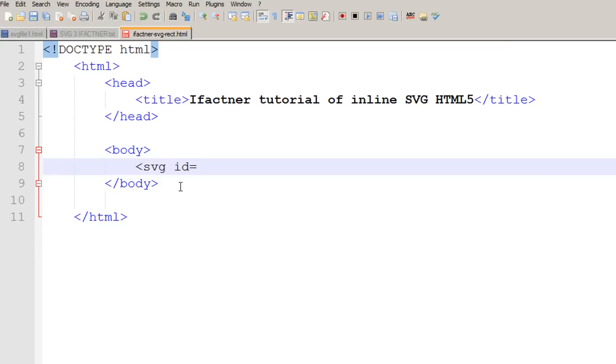I will not be using the ID to refer to my SVG element, but if you will be using internal styles, external style sheets or JavaScript to refer to this SVG, then it's a good idea to give an ID to your SVG element. So we give an id of mysvg,